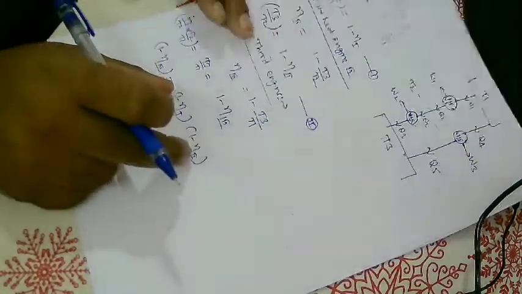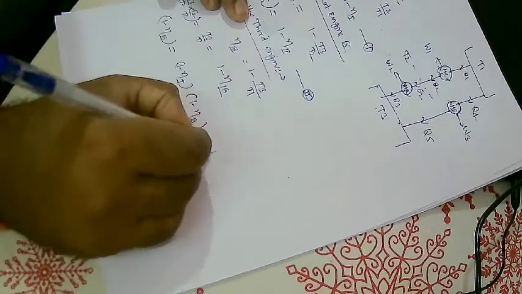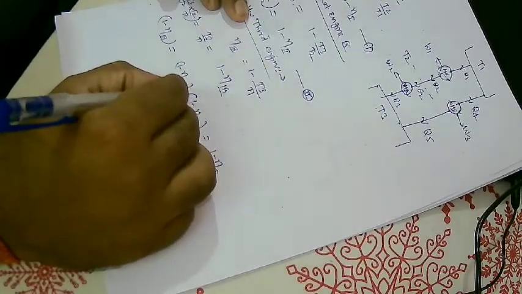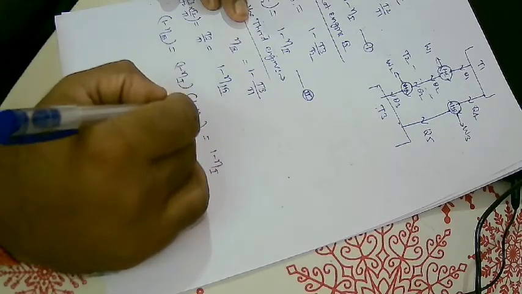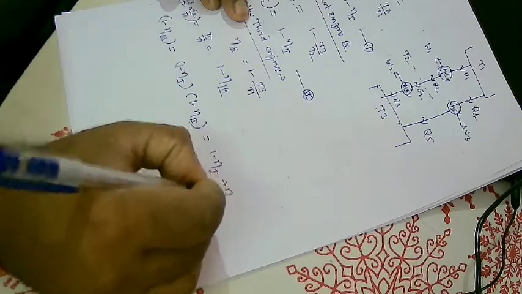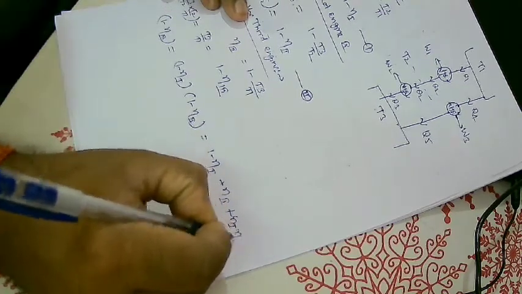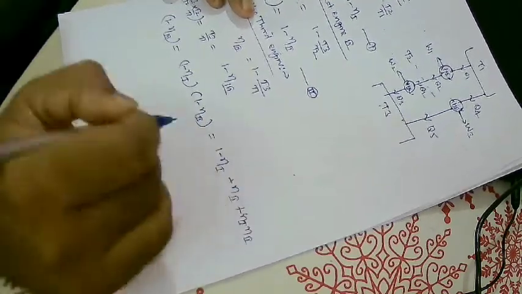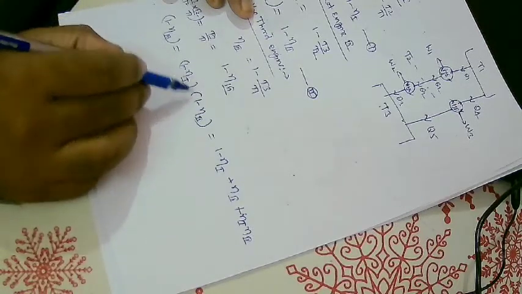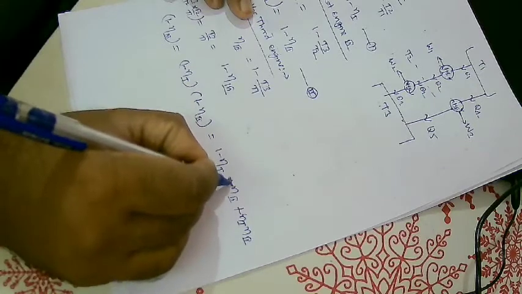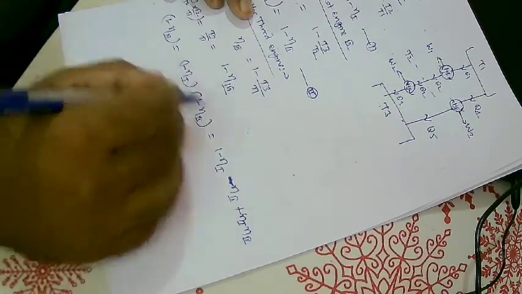Just multiply this. If you multiply, I will get 1 minus efficiency 1. That's one term. Now multiplying by minus efficiency 2, you get minus efficiency 2 plus efficiency 1 into efficiency 2. So one time I multiply by 1, then I multiply by minus efficiency 2, and this becomes plus. So I got the expression.